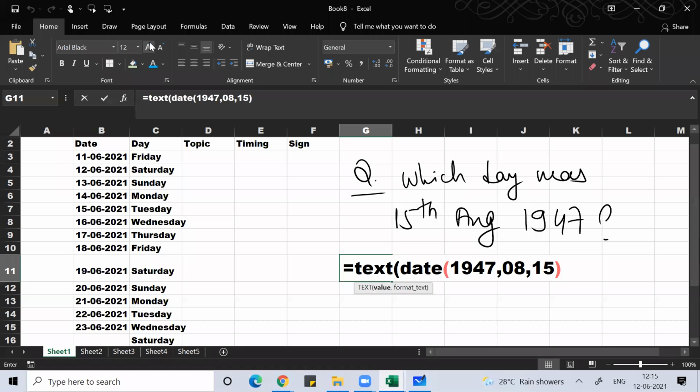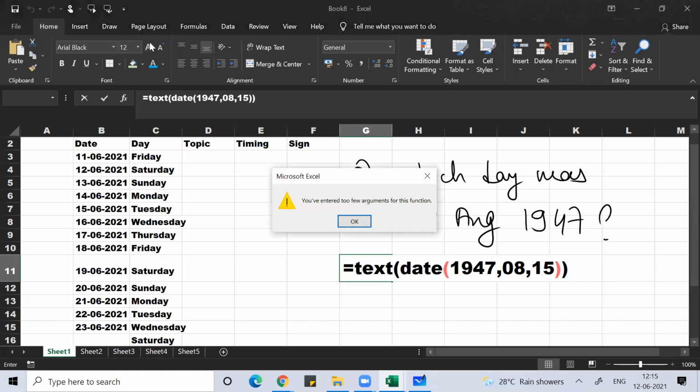Two brackets I opened. Can you see that, guys? Can you see that two brackets are open? This red color is the first bracket. With color, you can understand. This is the second bracket. So close that many brackets, what you open. The last bracket always comes with black color. Enter.